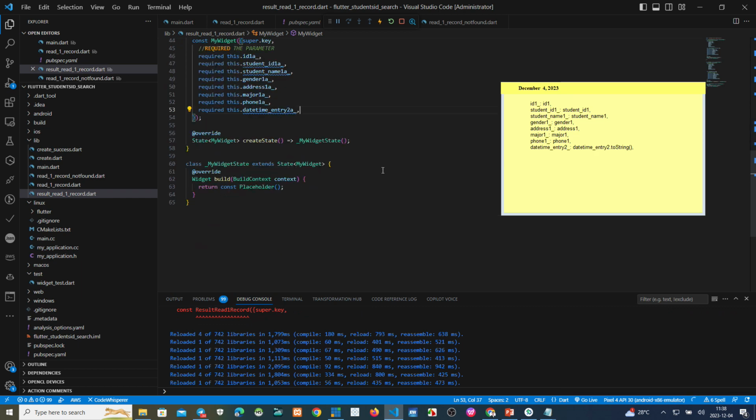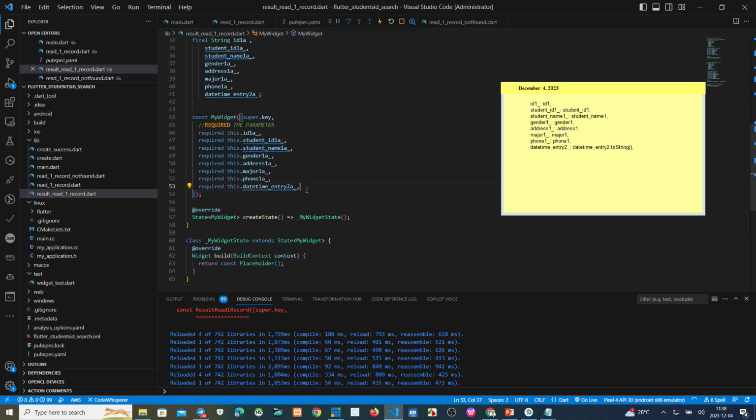So, this parameter is ready to show on the screen. Now, on the result, we can make it on my screen.